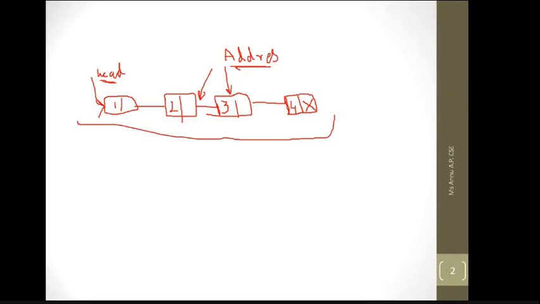Ma'am, we will store head in a temp node variable, and then we will put the condition temp next not equal to address in the while loop. So it will execute till the address, and inside the loop, we will use another node variable, and then we will store temp next in that.